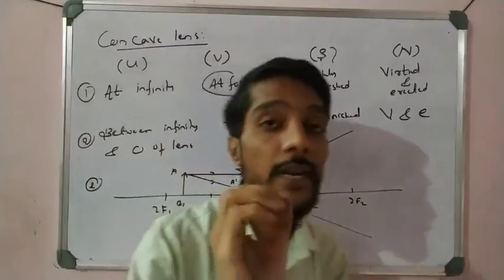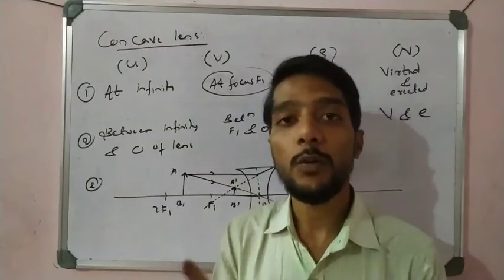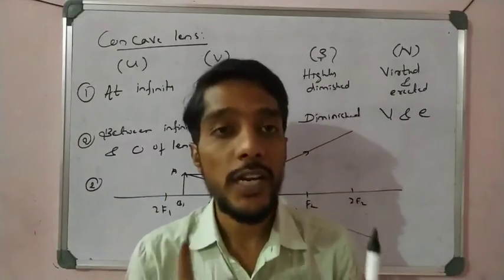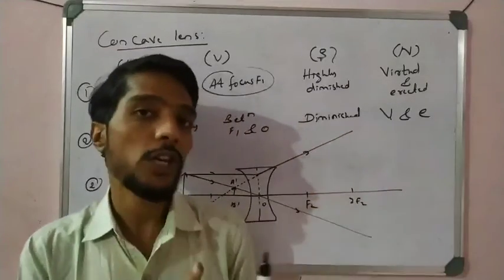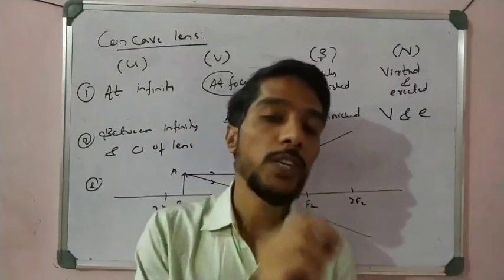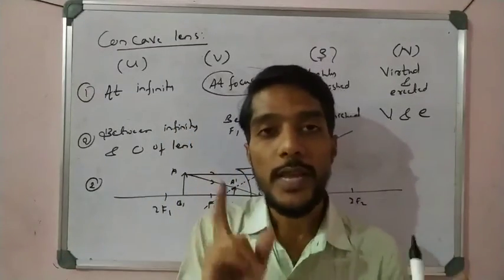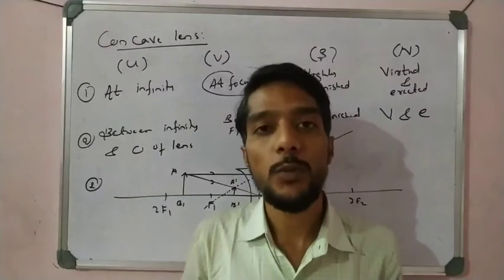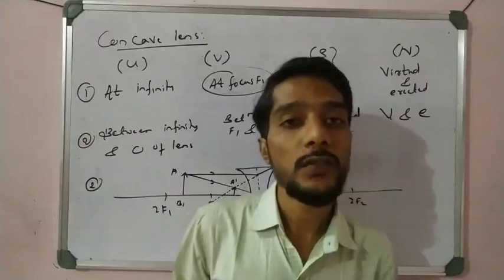In the examination, 100% one question must be there to draw the ray diagram for a particular position and form the image there. So that is very important. So write this very neatly in the examination, right? Sometimes in multiple choice questions they ask, if the object is kept at this point, then what is the image distance, and they give options. That is also very important. It is possible in multiple choice, in 1 mark, 2 marks or 3 marks, right? So that is a very important concept.